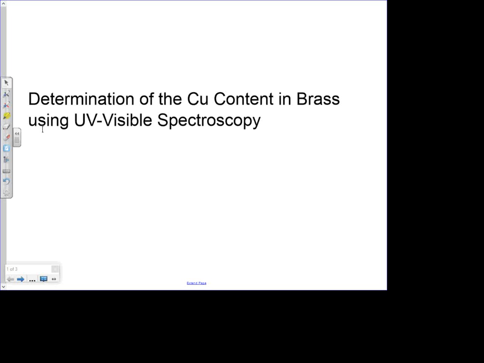This video is just going to get you set up for the lab we're going to do on Beer's Law. It's called the determination of the copper content in brass using UV visible spectroscopy. So you're all going to be given a brass object, whether that be a screw or a 22 gauge rifle